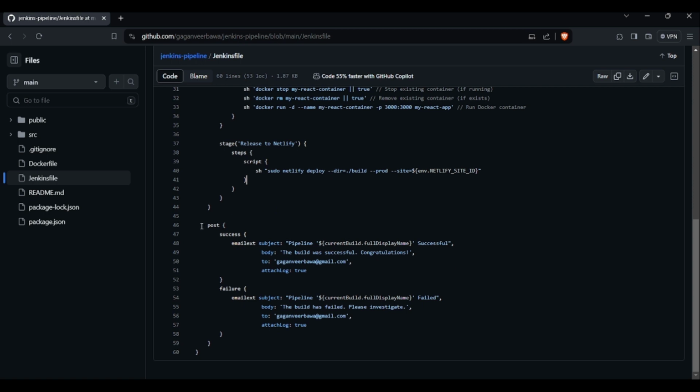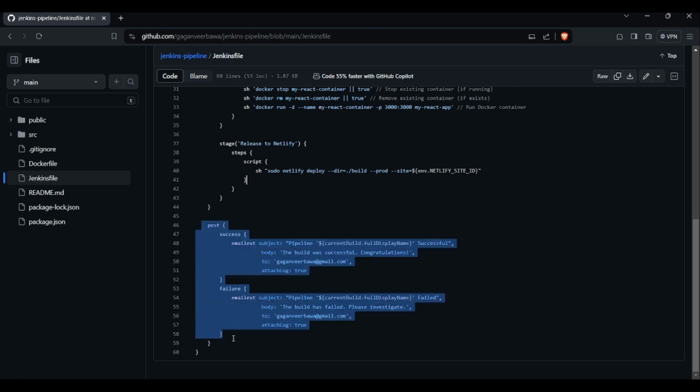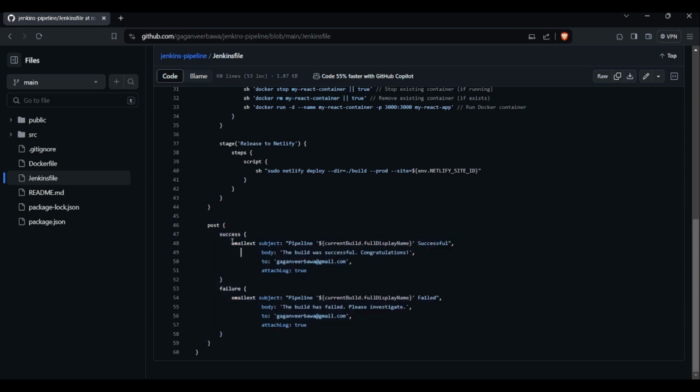After completing the execution of the pipeline stages, the pipeline enters the post-success and post-failure stages. In the post-success stage, an email notification is sent to notify the team that the pipeline execution was successful. The email contains details such as pipeline name and a success message along with an attachment of build log for